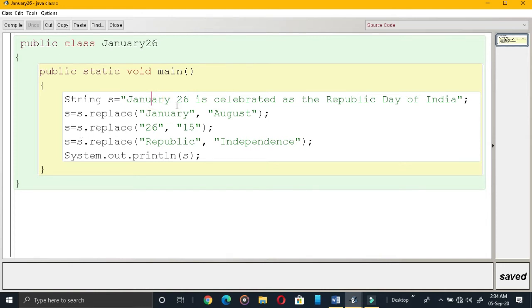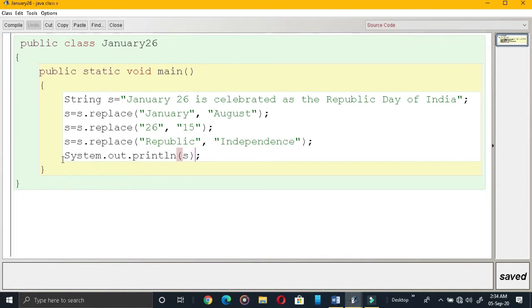Now 26 has to be replaced as 15, so S dot replace 26 15. The next is Republic has to be replaced as Independence. So here S is equal to S dot replace Republic with Independence.